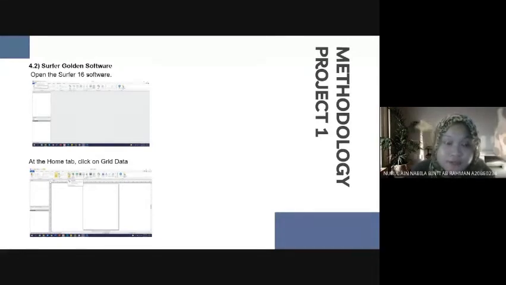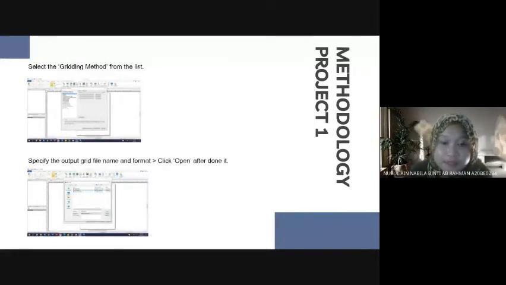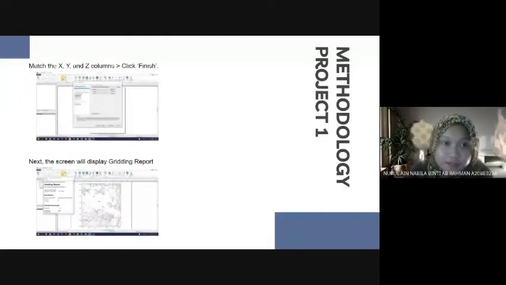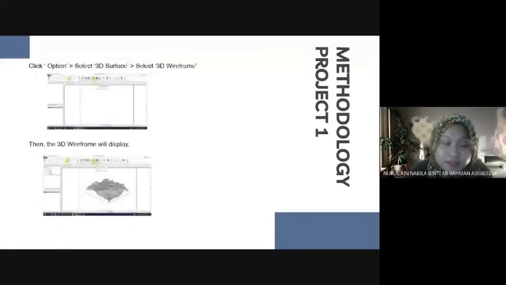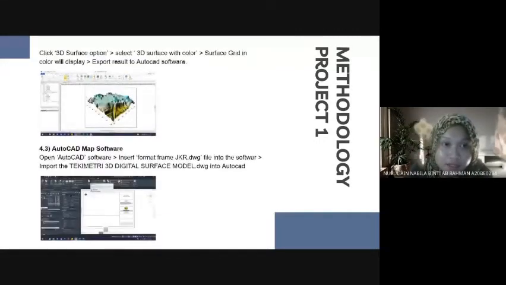Next, we use the Surfer Golden software. First, open the Surfer 16 software. At the Home tab, click on Grid Data. Select the gridding method from the list, specify the output grid file name and format, then click Open after done. Match the XYZ columns, then click Finish. Next, the screen will display the gridding report. Click Option, select 3D surface, select 3D wireframe, then the 3D wireframe will display. Click 3D surface option, select 3D surface with color, the surface grid in color will display, and export the result to AutoCAD